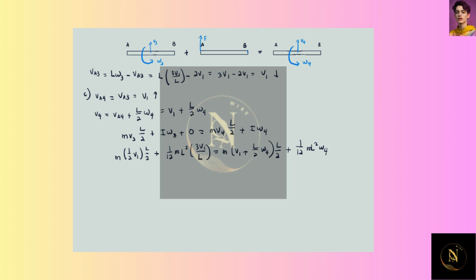Simplifying the equation, this will become M V1 L over 4 plus M V1 L over 4